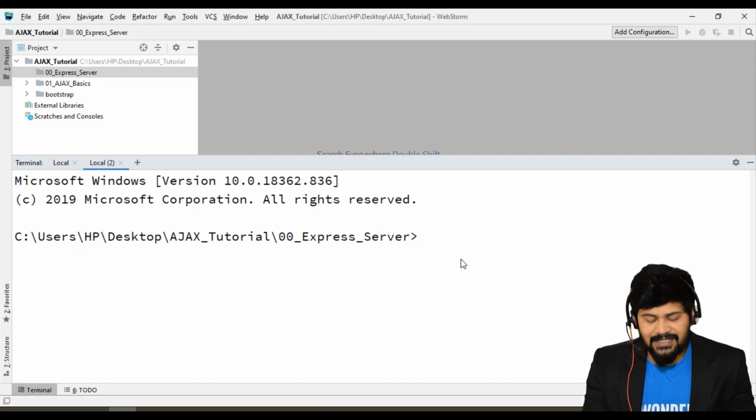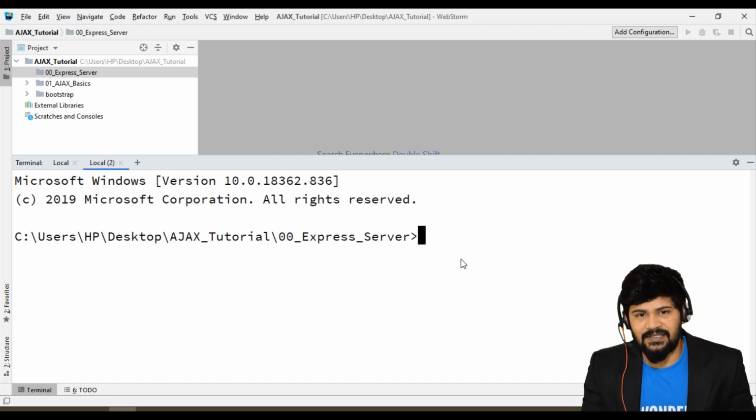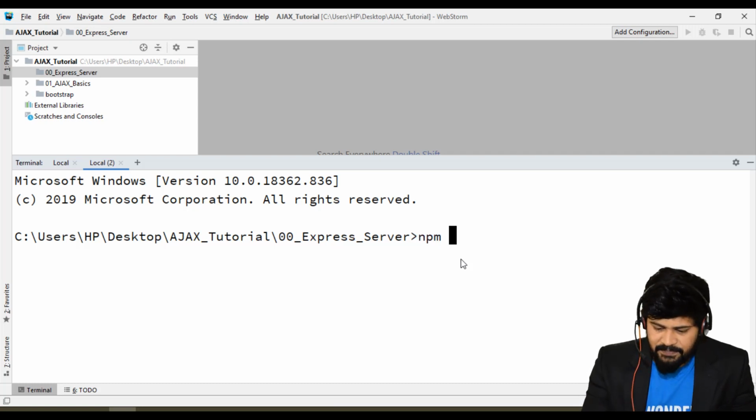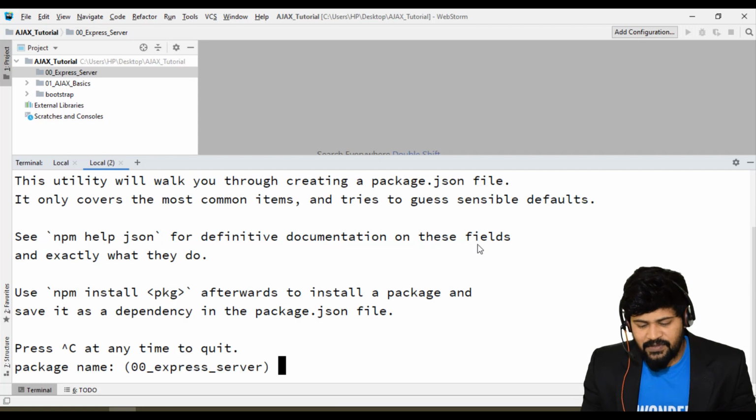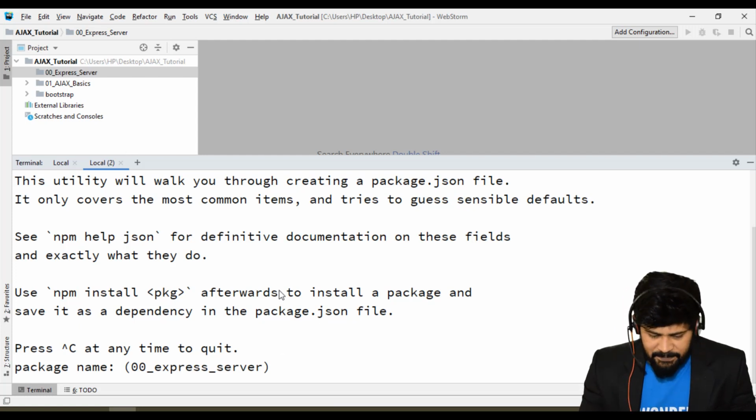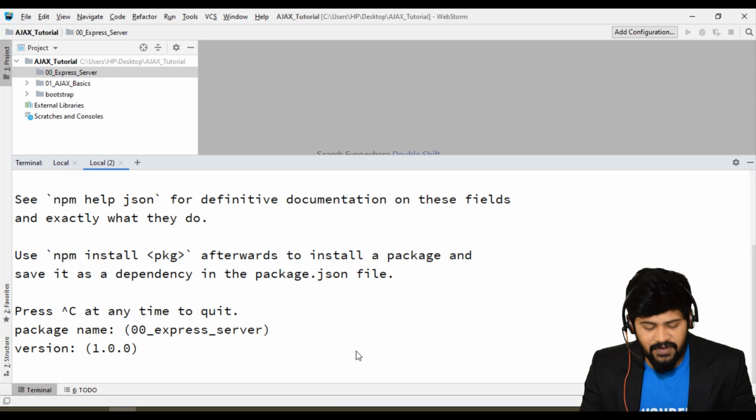First of all, we have to create a package.json, which contains all the dependent modules. It's a set of libraries which you're going to use in an application. You can create package.json by hitting npm init. This is a command to create a package.json. Hit enter. When you hit enter, it asks for several questions. What exactly does your project belong to? Package name, same. If you have something inside brackets, that is the default answer. Just press enter if it is your default answer.